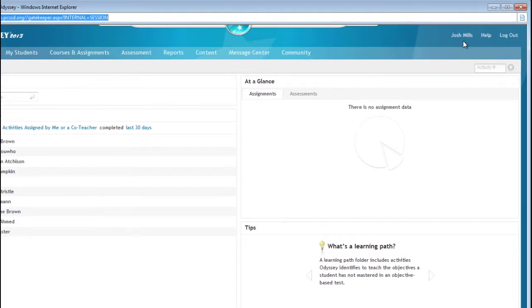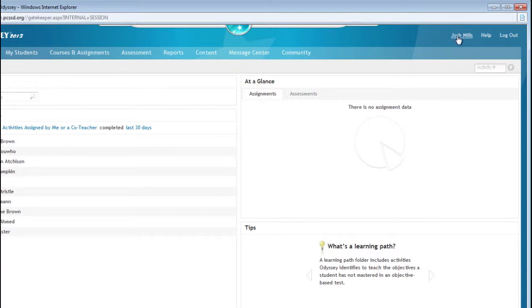So the first thing we're going to look at is how to change our own personal information. So let's say you've just got your username and password created by me. I'm going to create a standard one, or if you forgot it and I've had to reset it for you, I'm just going to use a standard one. So when you log in, if you come over here to your name and you click on it,